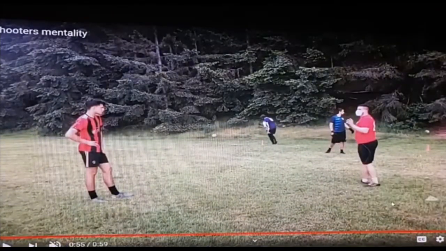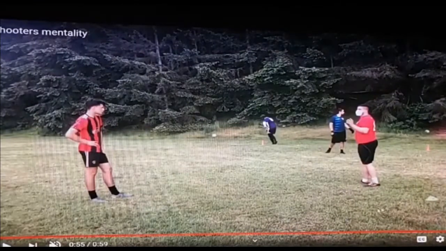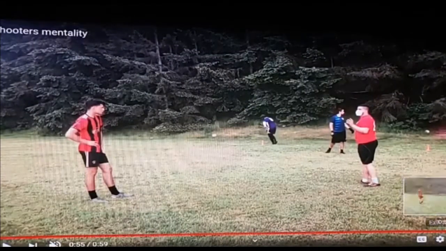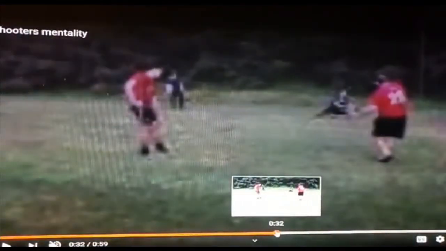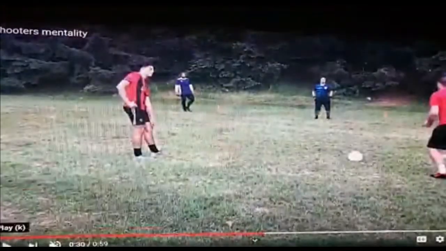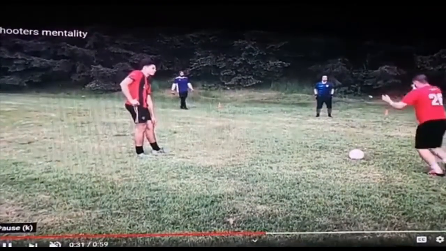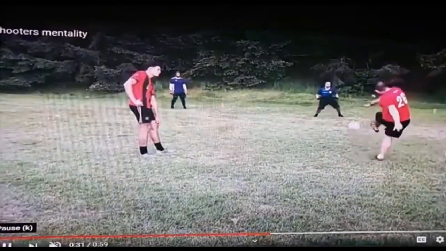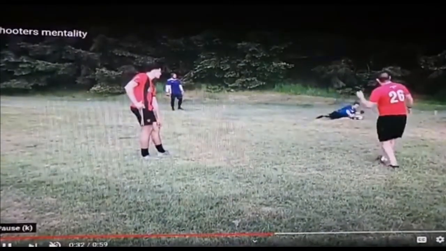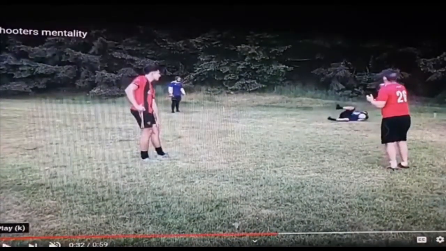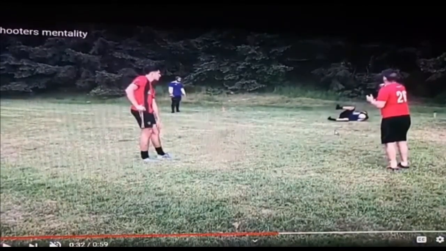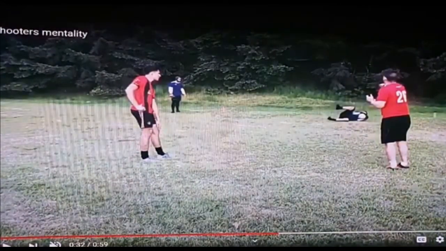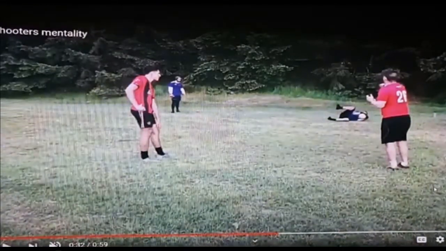You want to make sure that it's critical that you focus on the corners, not the keeper. If you look at the keeper, like I give the example here, when I look at a keeper, I'm shooting closer to the keeper. Even though I'm trying to beat him, I'm shooting it closer to him. So don't look at the keeper first. When you're going to shoot, look at the corners and pick the corner you're going to shoot. That's where you look, and you will be scoring more goals